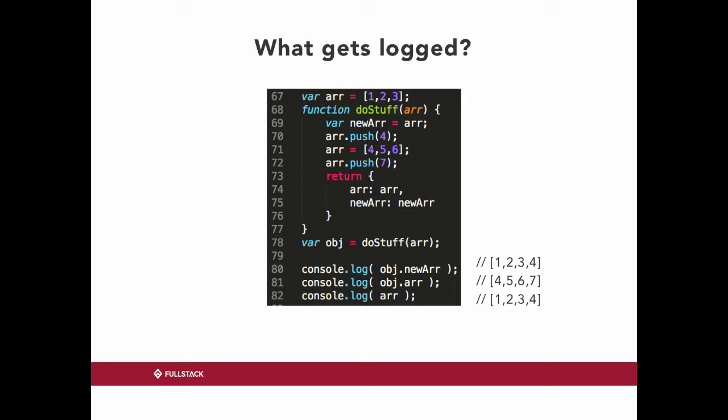So what happens is when we do this reassignment, array equals 4, 5, 6, that creates a new array in memory, and then that variable array is now pointing to that, just within this function. So it sort of removes itself, but the overall array and the newArray are still pointing to the same